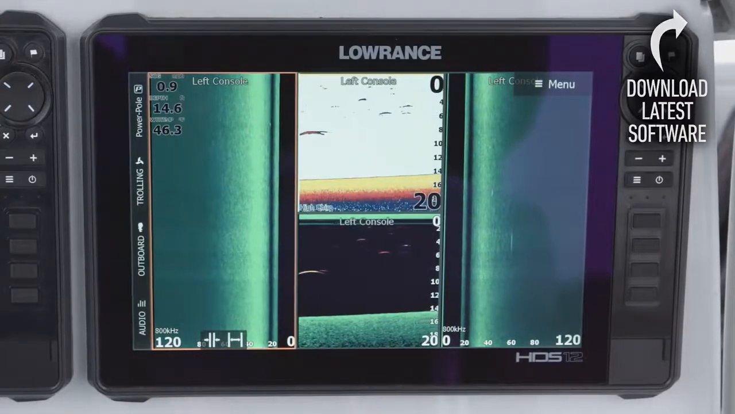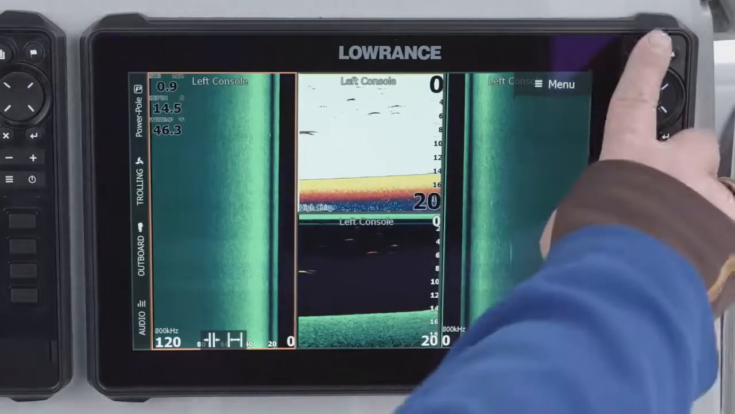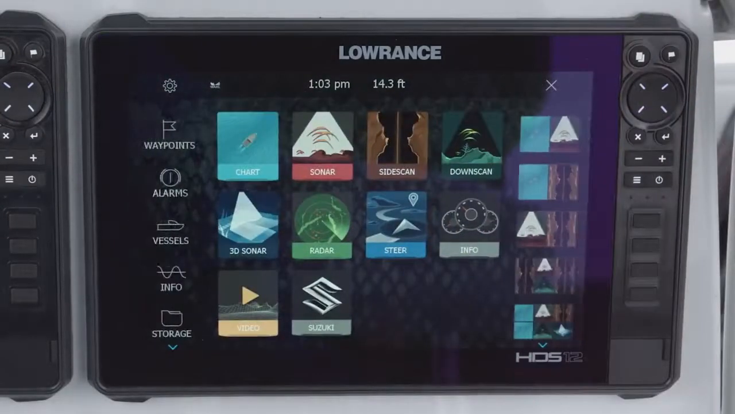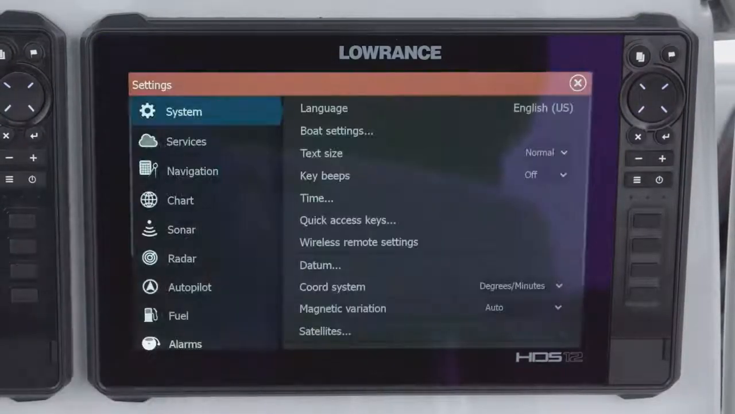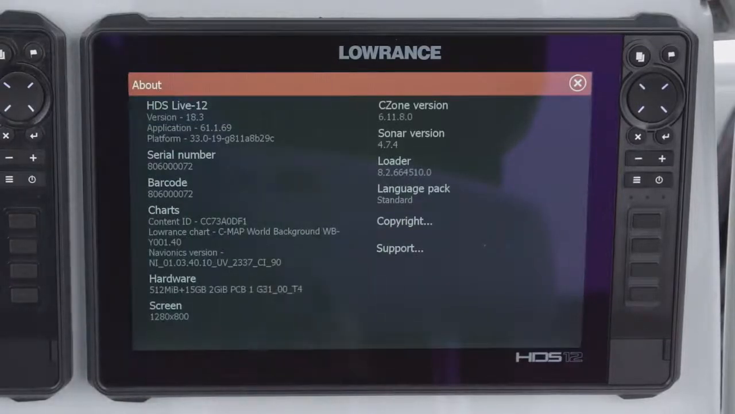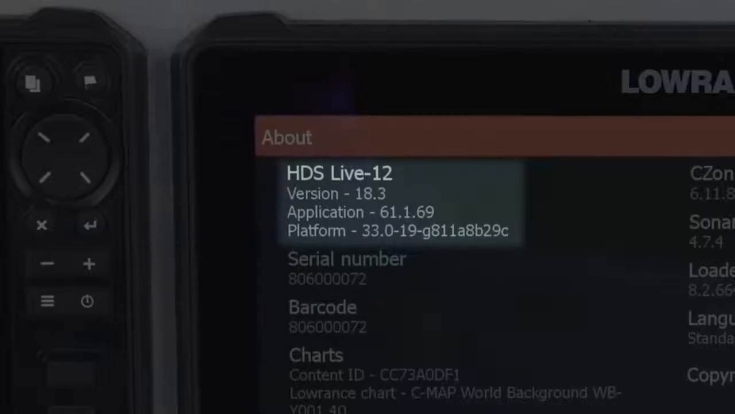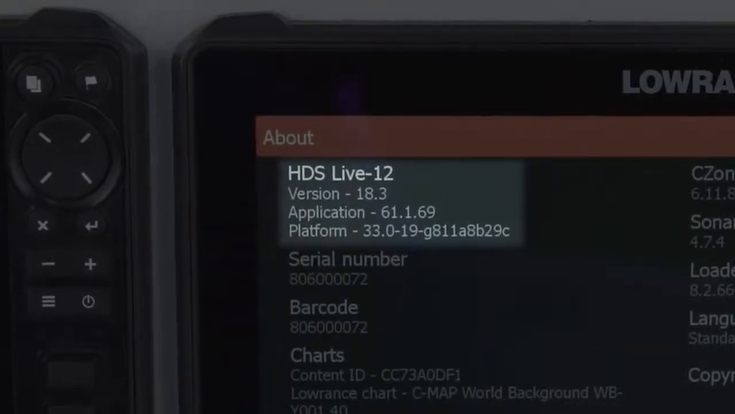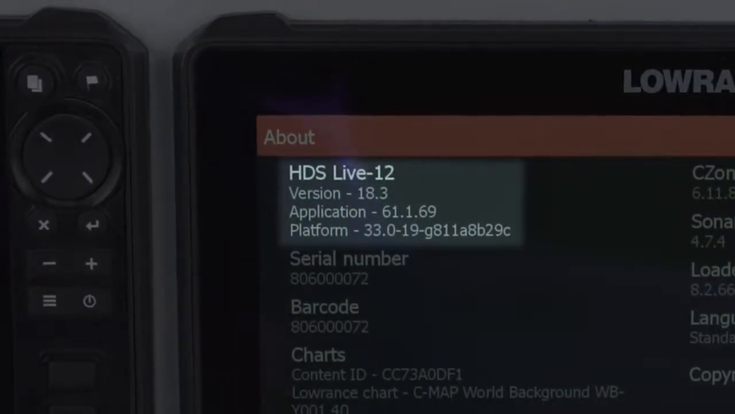So on your unit, to find the software version, you're going to press your Pages key, then you're going to go to Settings, and then on the right hand side of the screen we're going to go to About. So if somebody asks you to go to the About screen, this is the screen we're asking about. Now as you can see, there's some information here. It tells you this is an HDS Live 12 version 18.3, which is the software version, and then the application number, which we may ask you for sometimes, is the